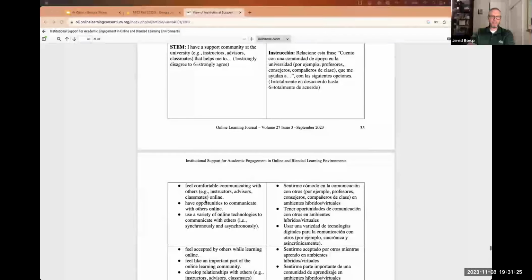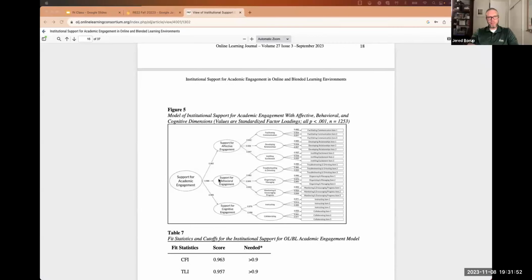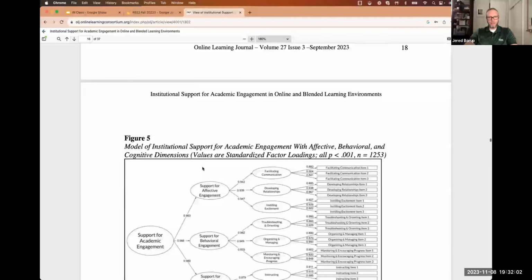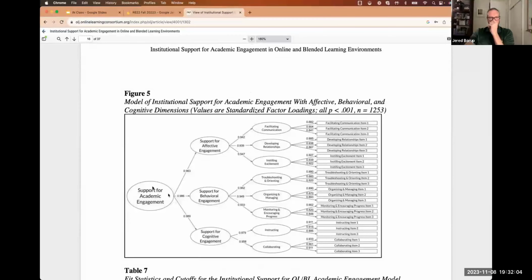I did want to pull up, so here you can see what we're trying to measure. Let me make this bigger. So in figure 5, you can see that we have support for academic engagement.